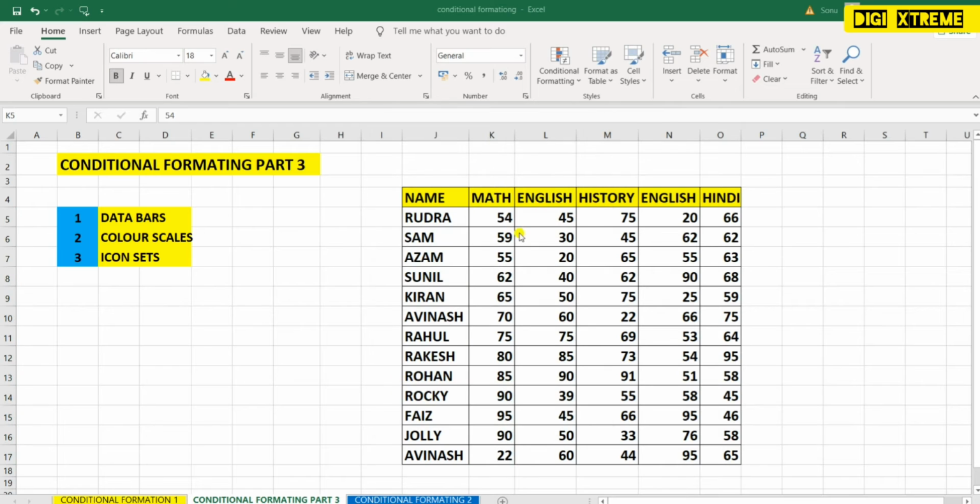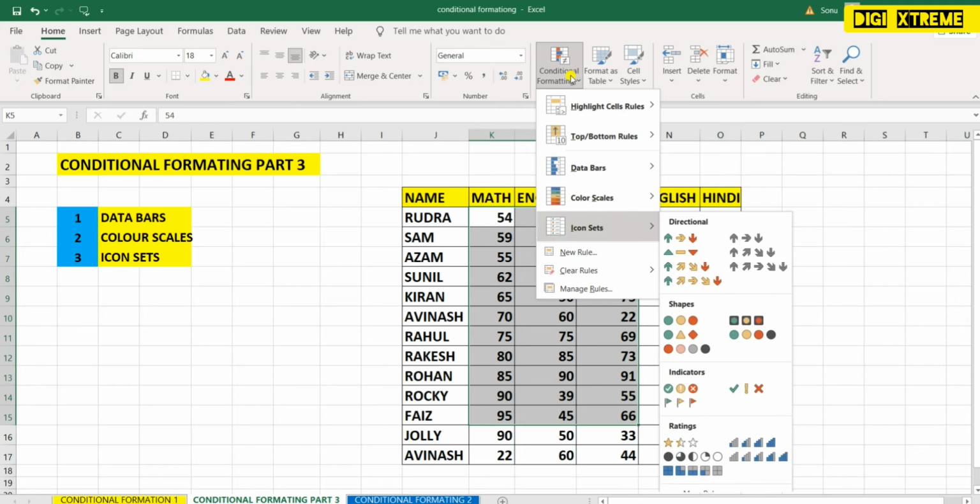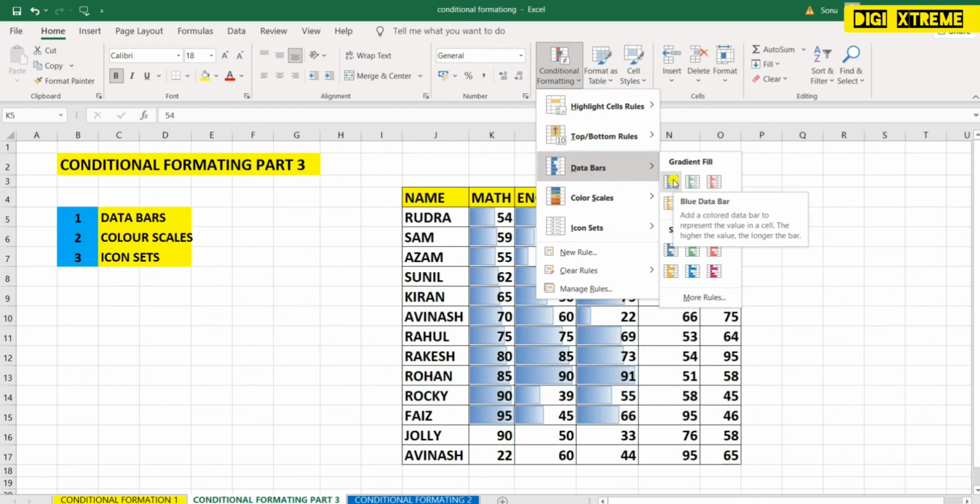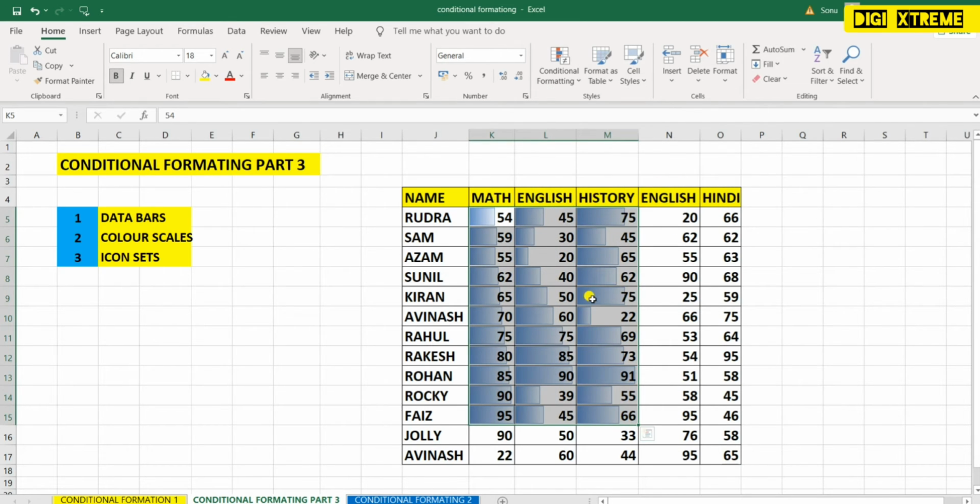So you can also try with more data, like I have selected more cells here. Then I am going to conditional formatting, then data bar colors. You can see it has highlighted according to the value.